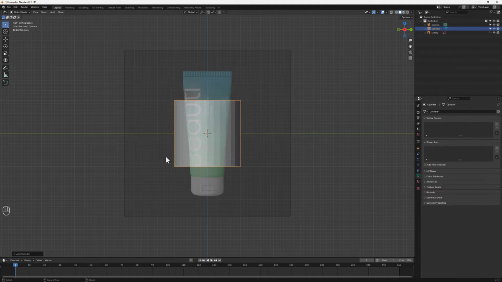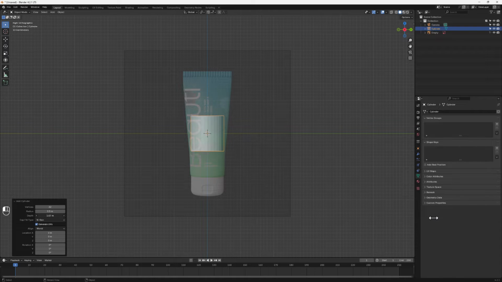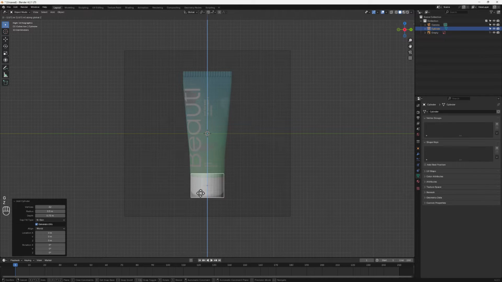Right. So once we have the cylinder in, let's pop this open. Make sure our vertices is set to 32. That's fine. Let's decrease the radius to, let's say, something like 0.5. And then let's decrease the depth a little bit to make it a little bit shorter, like this. So once we have this in place, let's hit G, Z, and then let's bring it down in position